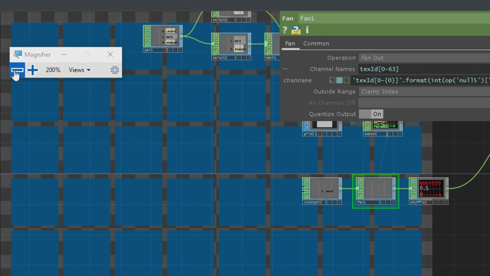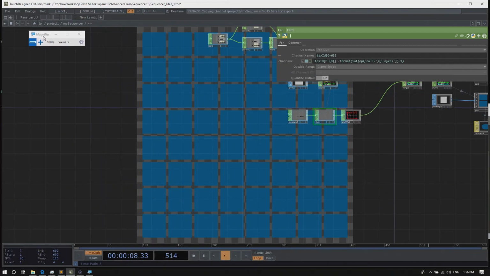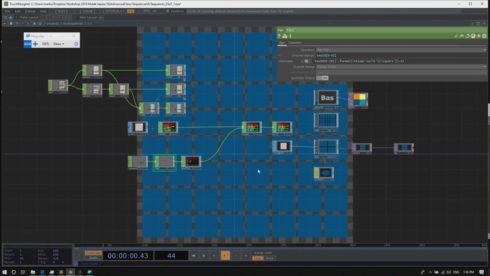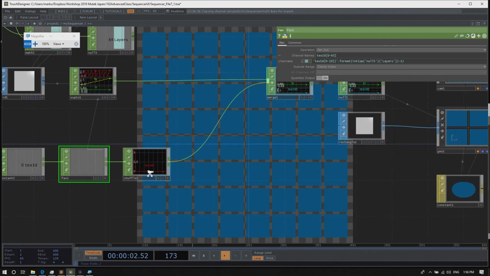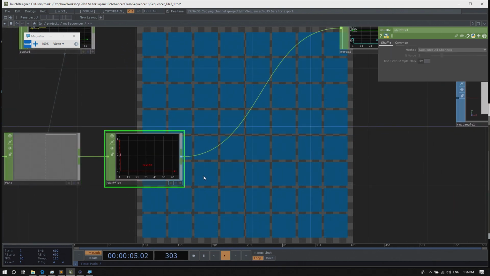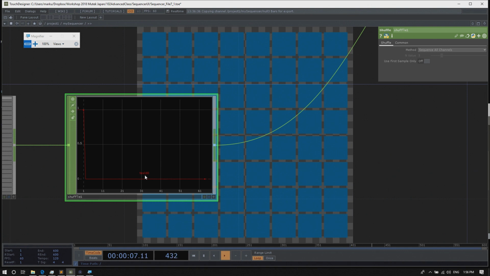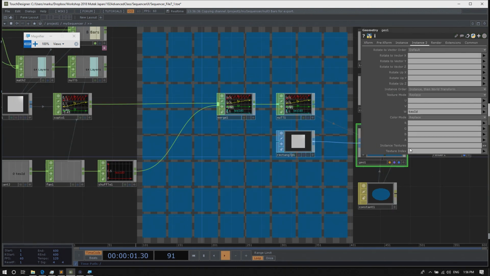Did you all follow up to here? As you see, what the shuffle is doing is creating a channel that's actually called textID0. And in our geo component on the instance, we're looking at textID. So let's rename this channel again to textID.